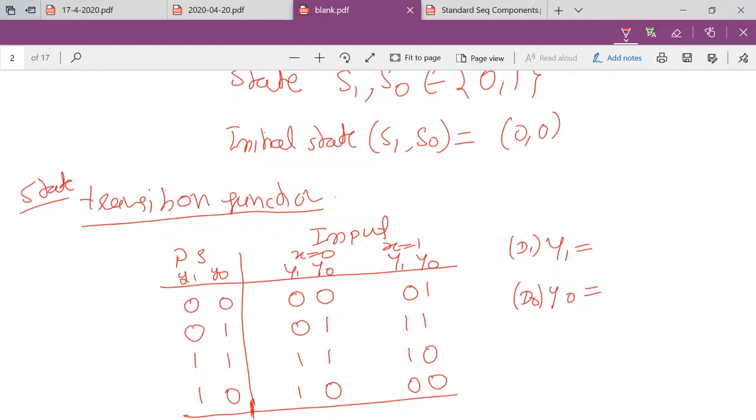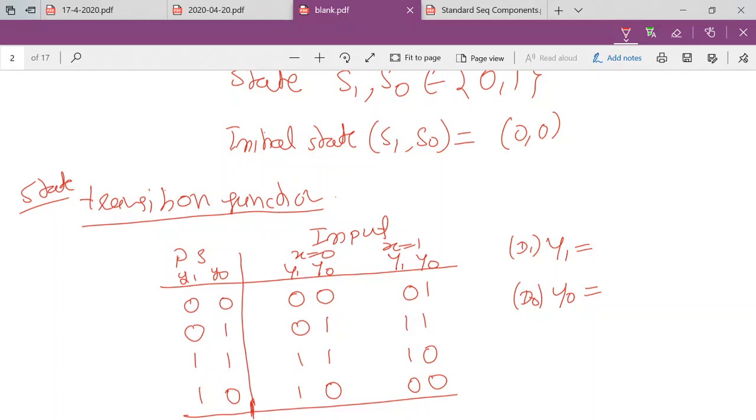Why are we saying that whatever the y1 y0 will remain d1 d0? Because the excitation function for the delay flip-flop does not change. If we want 0, the input should be 0. If we want 1, the input should be 1. So whatever the next state is would be your input to the delay flip-flop. That's why we are identifying the equations in the form of y1 and y0.